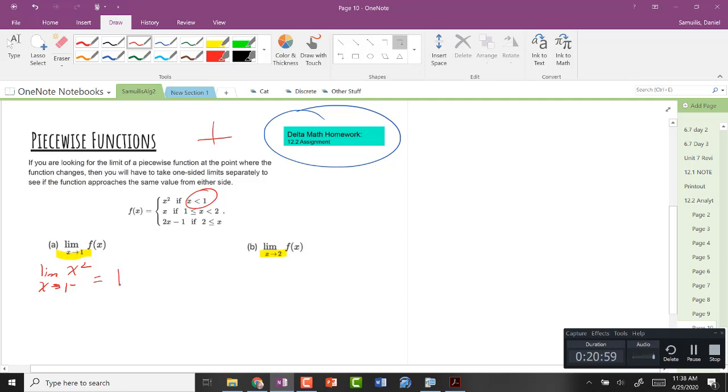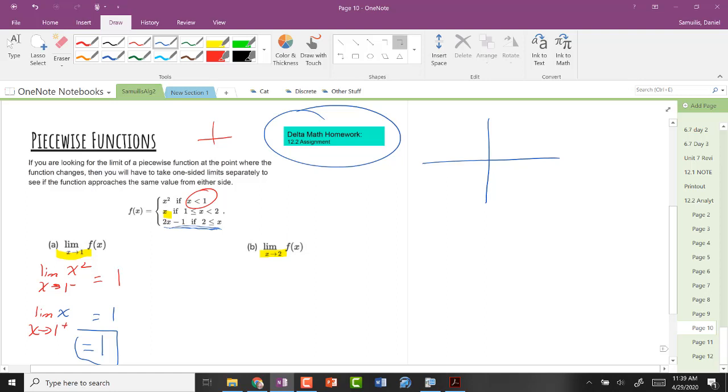When we plug 1 in, I get 1. Then I'm going to look at my right end behavior. So the limit as x approaches 1 from the right. Well, from the right side, that means that the x values are greater than 1. All right, so